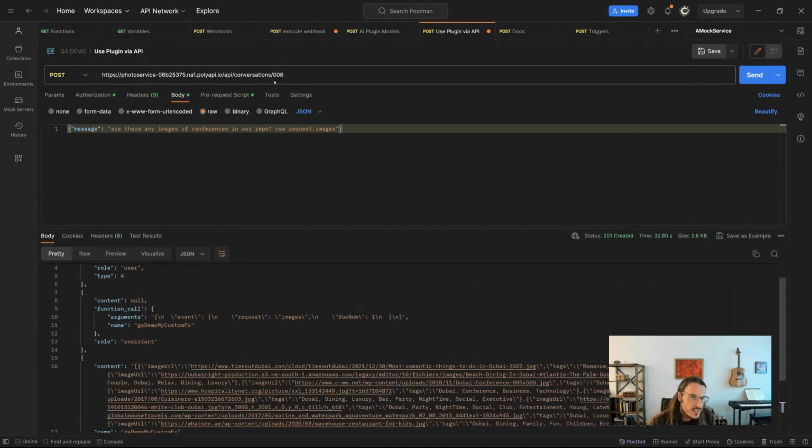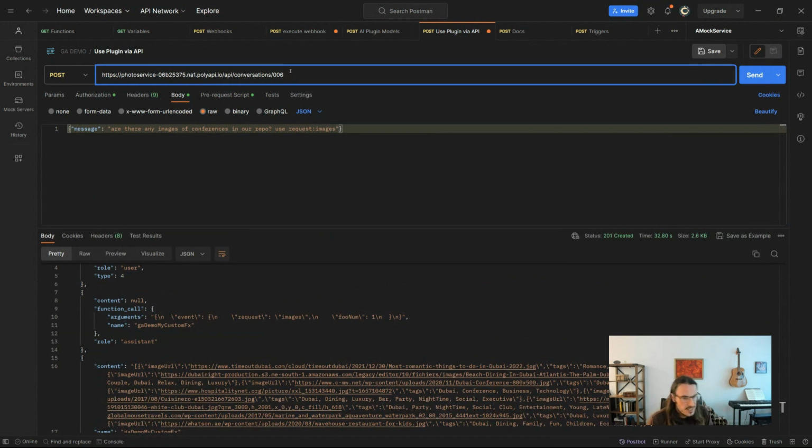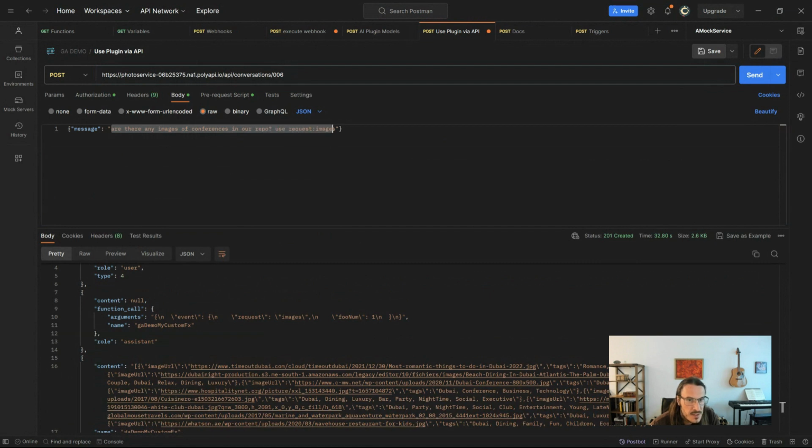And here I could keep the conversation ID the same, or if I want to start a totally new conversation where it shouldn't have the context about the family, I could do that too. So there's a lot of flexibility here, and this is really important because if you want to build an application that has the history of the conversation of what your users did, you want to be able to attach it to an ongoing conversation so that if the user references something from earlier, you can pull that out. So actually, maybe a better example here, instead of switching it, let me go ahead and actually ask it a follow-up question. Something like,